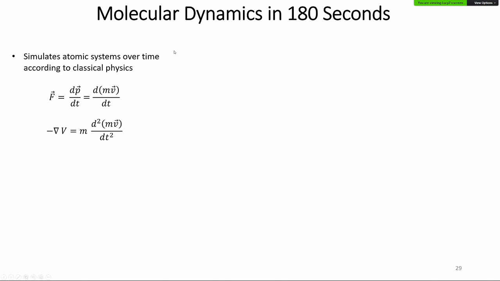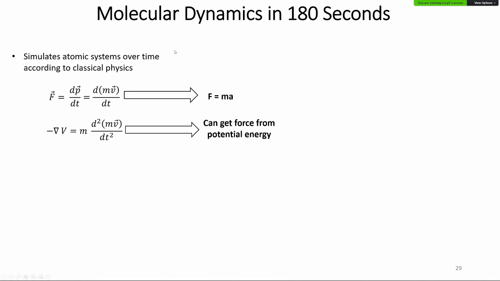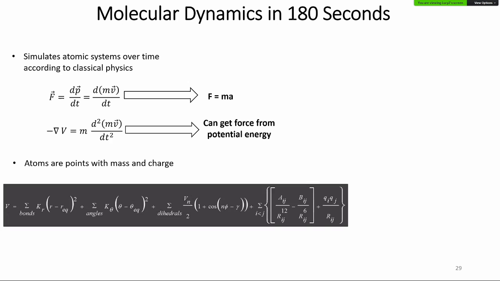And these are just kind of funky ways of writing force is equal to mass times acceleration. And if you have a potential energy, you can get a force from that potential energy, right? Newton's laws. Our atoms are points with mass and charge, and our potential is this kind of mathematical function that we use to define how they interact, right? And it's not too terrible looking, right? There's no exponentials or logs. There's sines and cosines and sums, but if we break this down piece by piece,